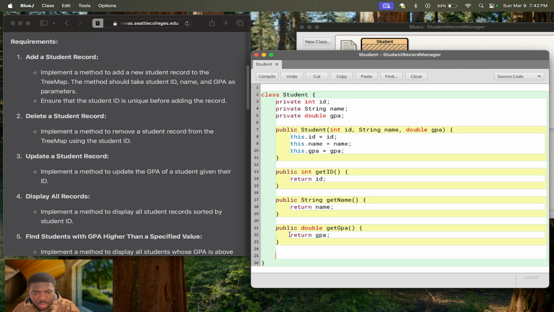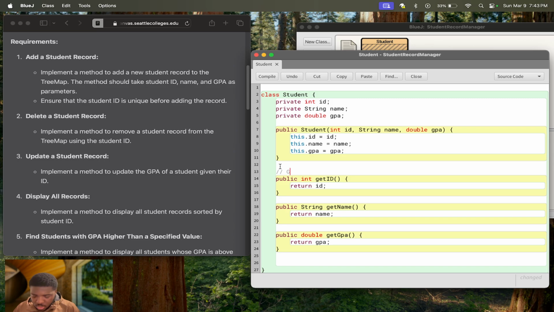So these are our getters. Not that it really matters, but